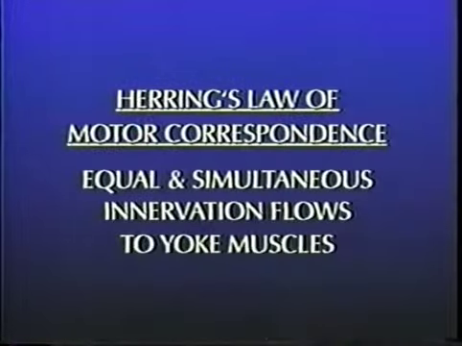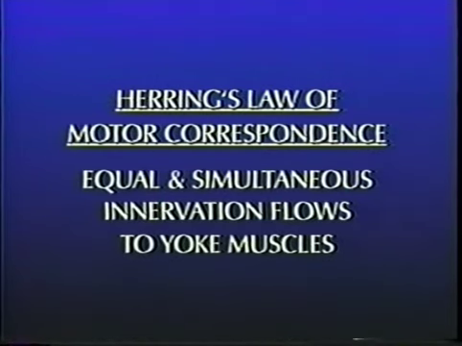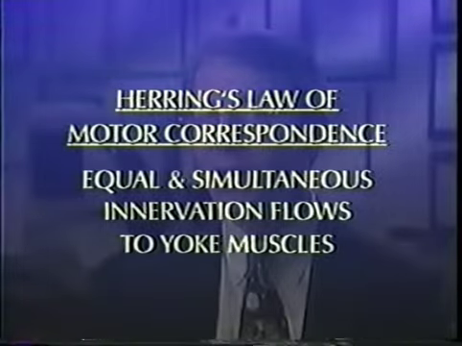When evaluating incomitant strabismus, it's important to be familiar with Hering's law of motor correspondence. It states that equal and simultaneous innervation flows to yoke muscles. In normal eyes, the consequent movement of each eye is equal. However, if one of the muscles is weakened, paralyzed, or acting against a restriction, the amount of neural input required